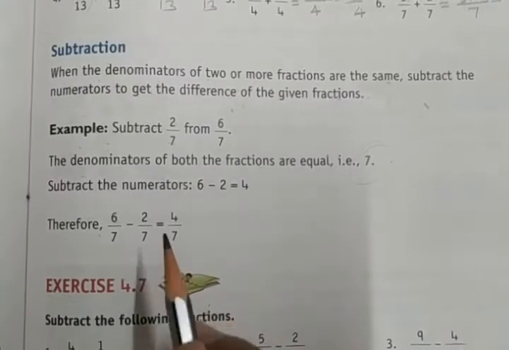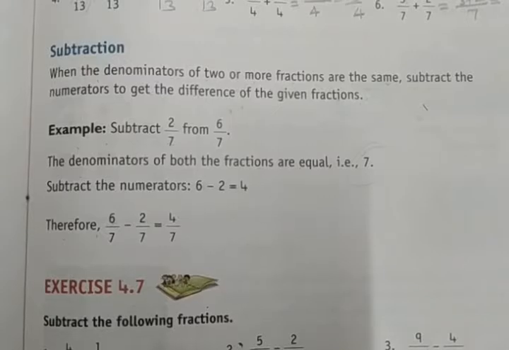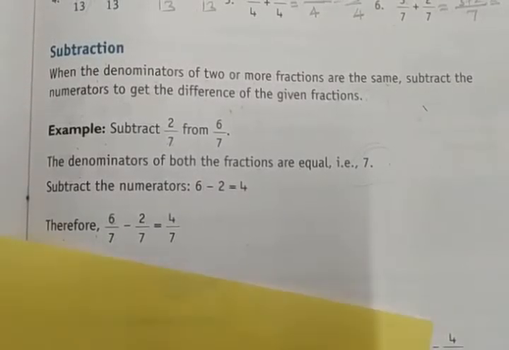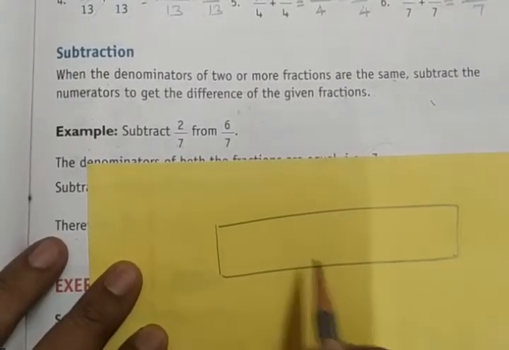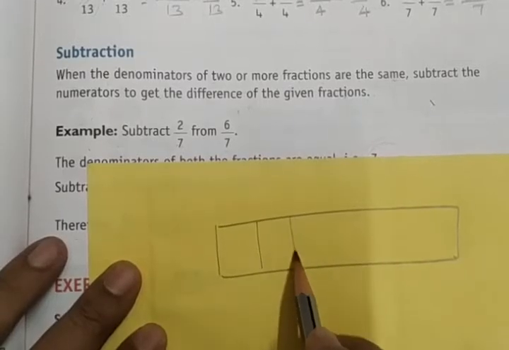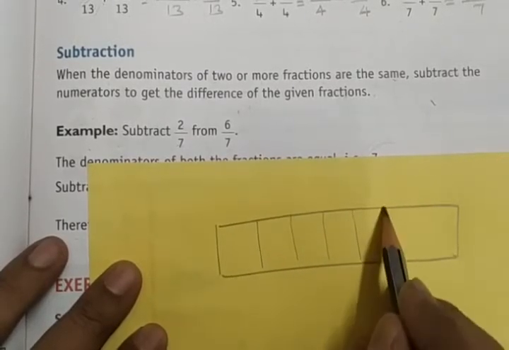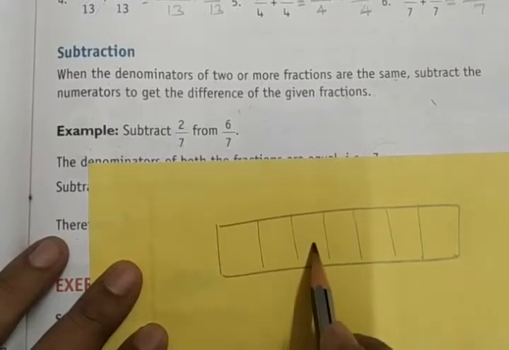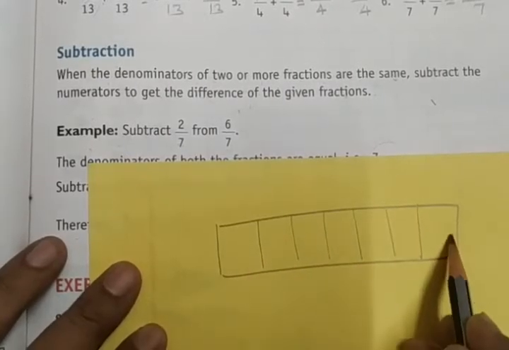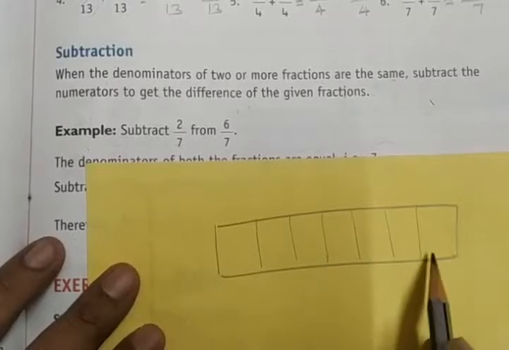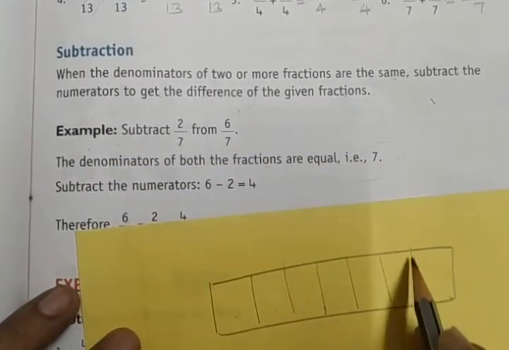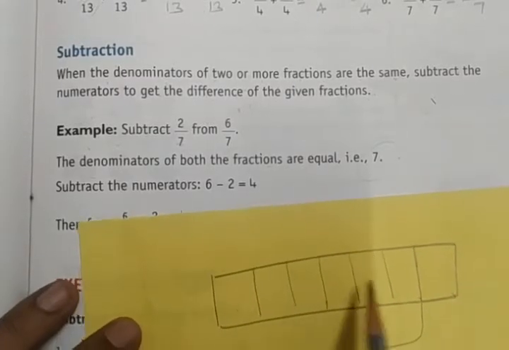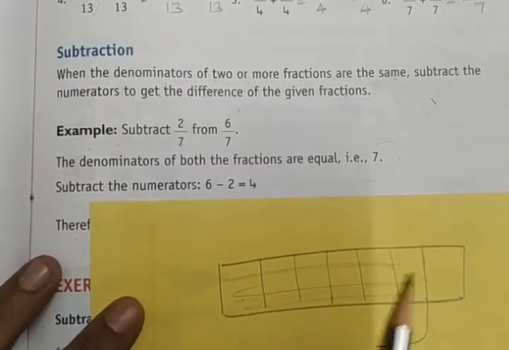Alright? So it means that it's very simple. As I told you, one whole is made of fractions of 7. 1, 2, 3, 4, 5, 6, 7. Okay. Out of 7, in subtraction what happens? Earlier the shaded part is this much, 1, 2, 3, 4, 5, 6. This was the portion which is shaded.